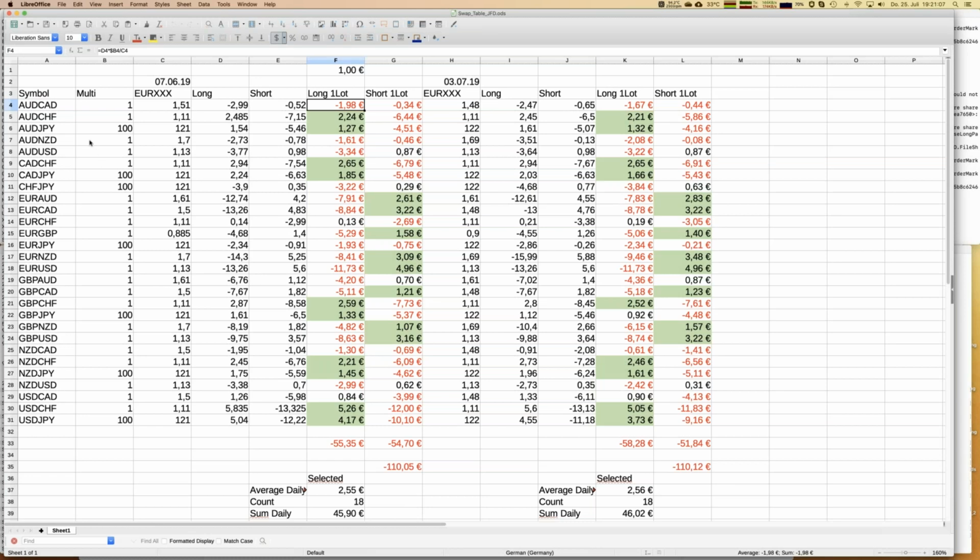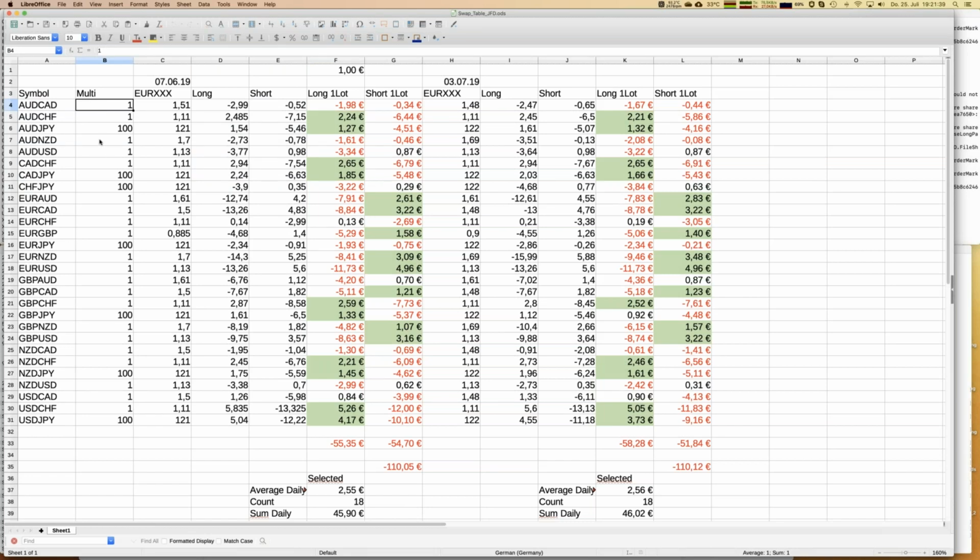But let me explain the table, because what you will find on the website, for example, of JFD, there you can find the swap points as well. You will find exactly those marked numbers here for long and for short, but those are points. But I'm interested in euros. And in order to calculate out of those points the real swap profit or cost, we have to do a little bit of a calculation.